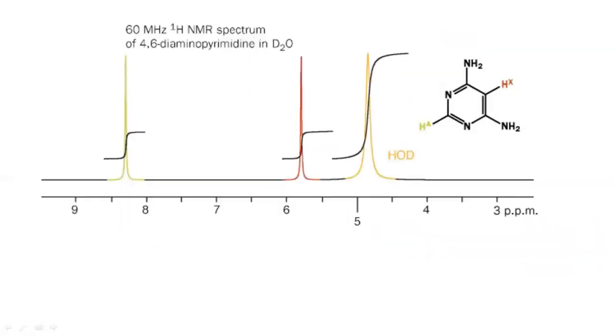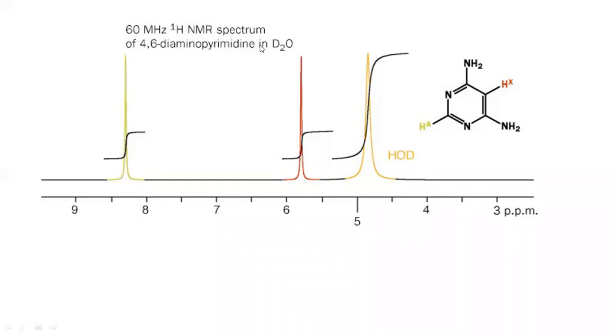Let us move to the next molecule. Now consider this molecule, which is called pyrimidine, again a nitrogen base of DNA. Now again think about these two NH2 groups, which have exchangeable protons. These two are exchangeable protons. So this peak will appear for these two NH2. What is the meaning of HOD? HOD means this is from water, deuterated water.